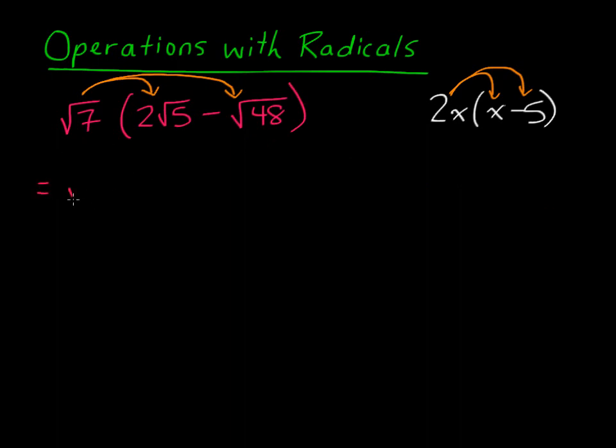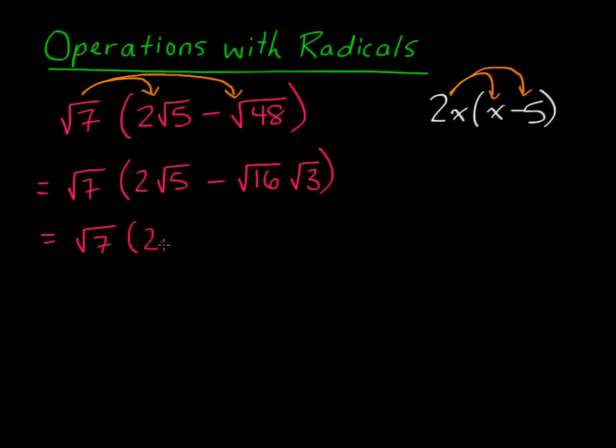Okay, so again, we're going to just write everything else out and we're going to focus on simplifying the square root of 48. So 48, there is a perfect square number that goes into 48. 4 will go into 48, but 16 will as well. So we're going to split this up into the square root of 16 times the square root of 3. Okay, 16 times 3 is equal to 48. And then square root of 16, we know it's 4, so we get 4 root 3. Okay? And now that we've got smaller numbers to work with, now I'm going to do the multiplication. So use distributive property,